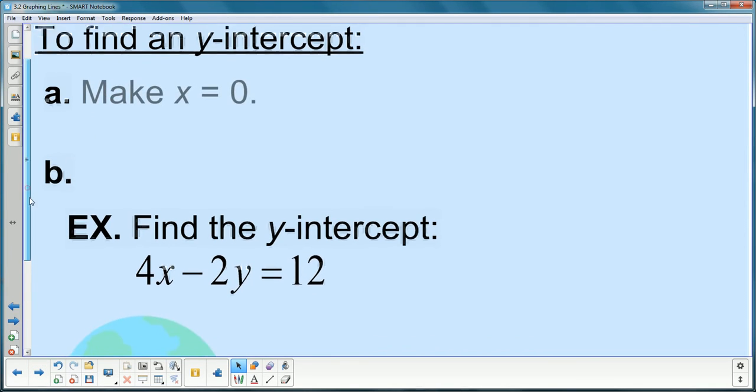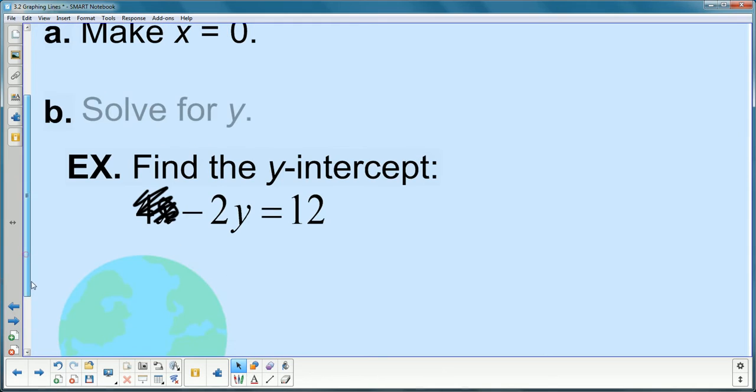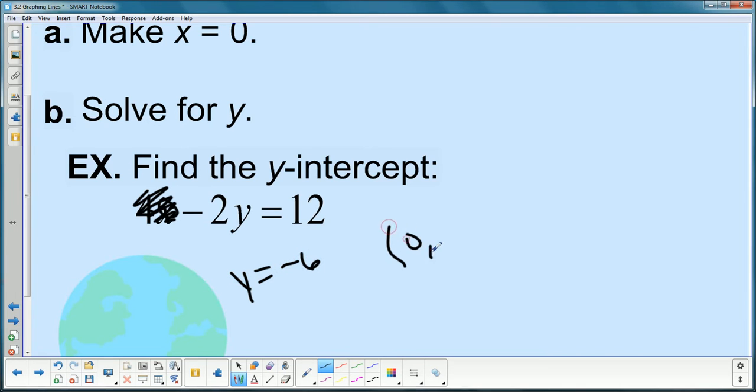Conversely, then, we can talk about finding our y-intercept, which starts the opposite direction. We're going to start with making x equals 0. Looking at my example, if x is 0, I'm going to have 4 times 0, which is just 0, or in other words, that disappears. And after we've made x 0, we're going to solve for y. So to do that, I need to divide by -2, which gives me a -6,